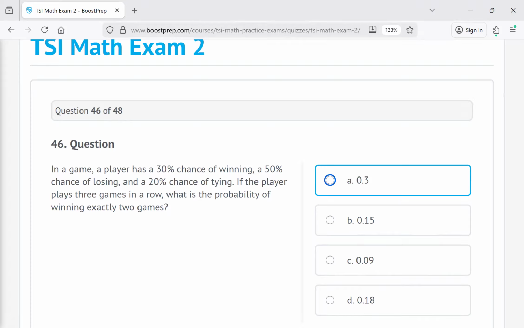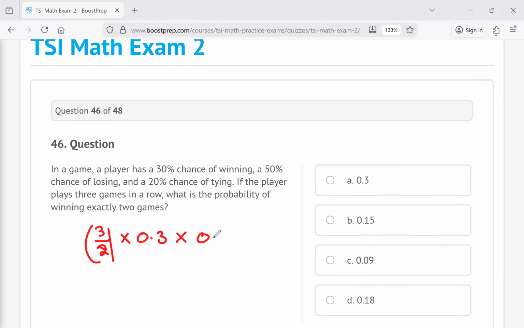So this can be calculated using a binomial probability formula. The probability of winning exactly 2 games out of 3 is 3 choose 2 times 0.3 squared times 0.7. So it's really saying